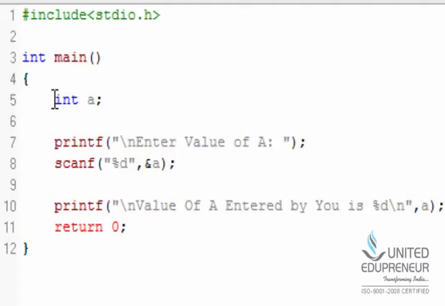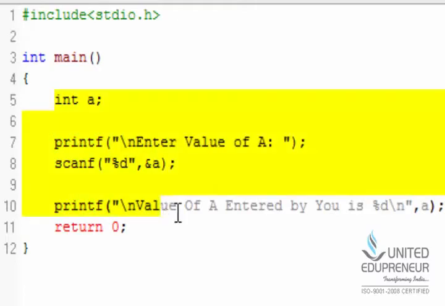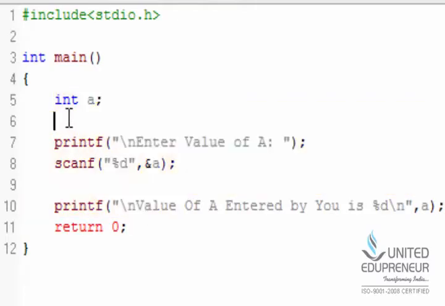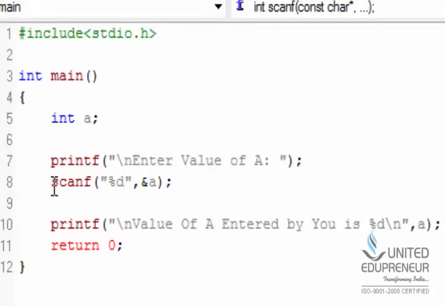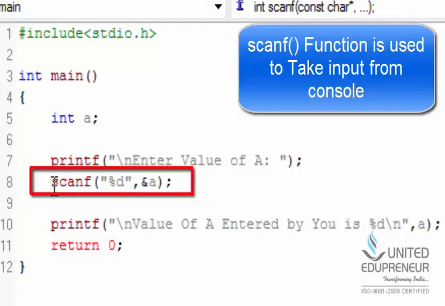I have created one program in which we are accepting input from the user. I have declared one variable a of integer type. Now I am printing one message, enter value of a, and on line 8 I have used one function which is scanf.